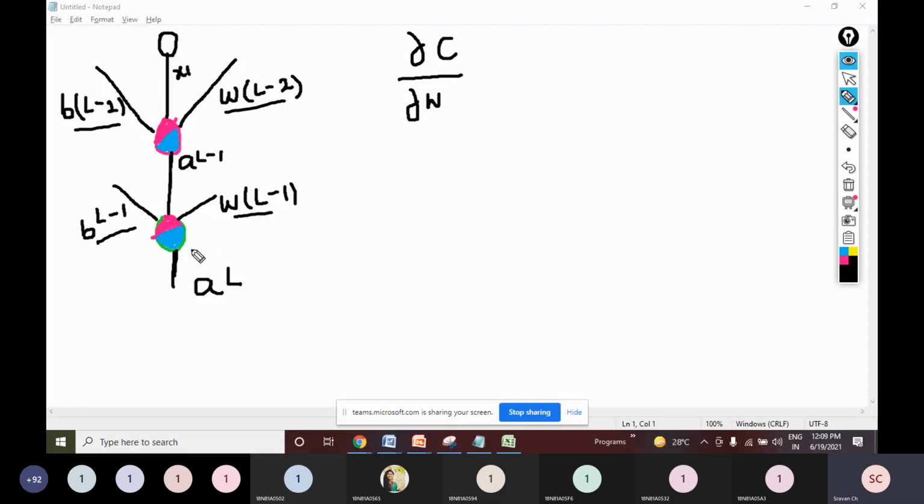So this A^L will not be the same as my expected output. So there is a difference. There is an error. That is what my cost is. So where do I get the cost part? I'll get my cost part in the final layer. Here in the last layer, I'll apply my cost function. So my cost function depends on what? Cost function depends on my final output layer. Now what I want to do,